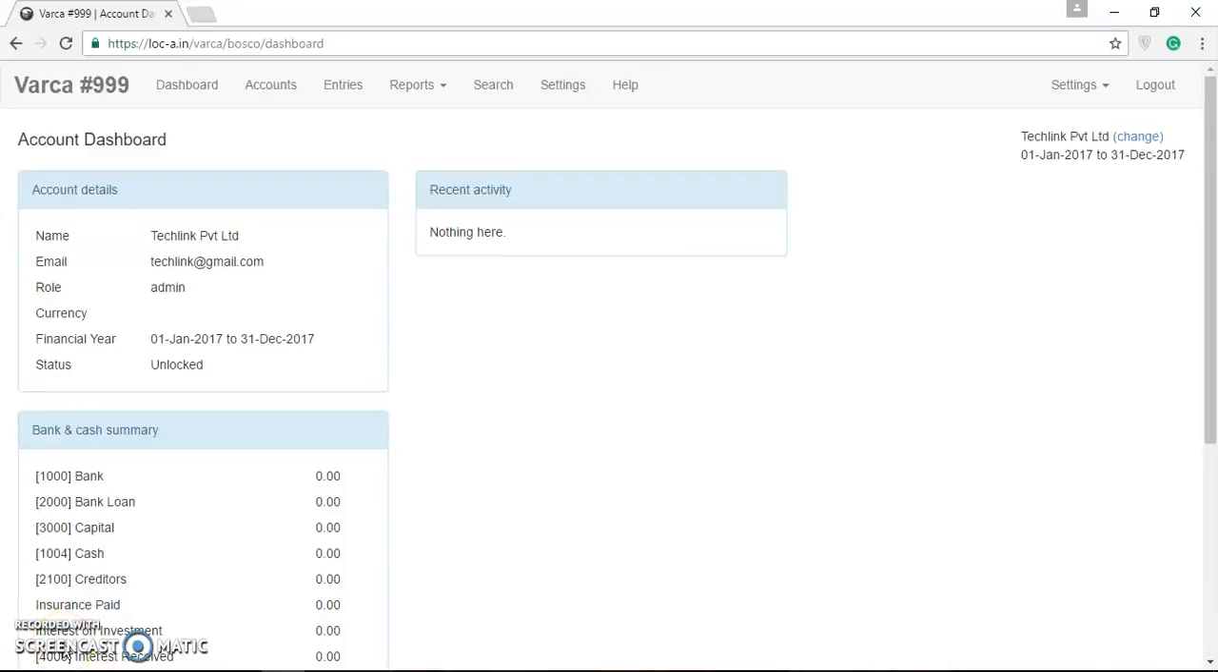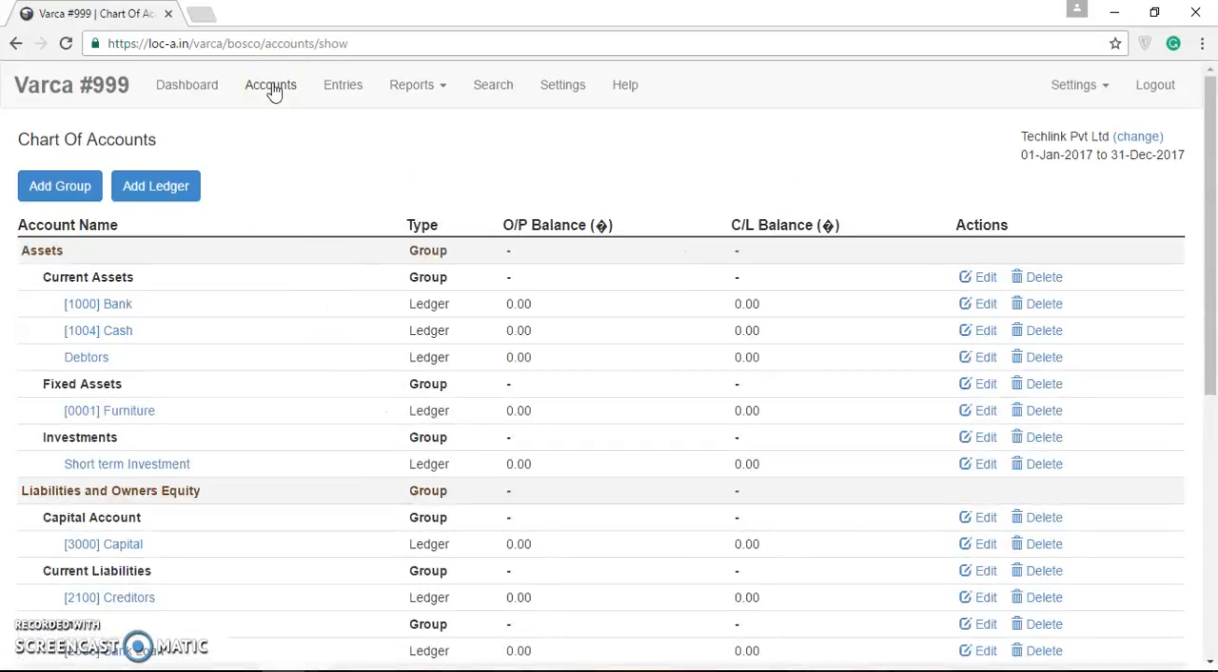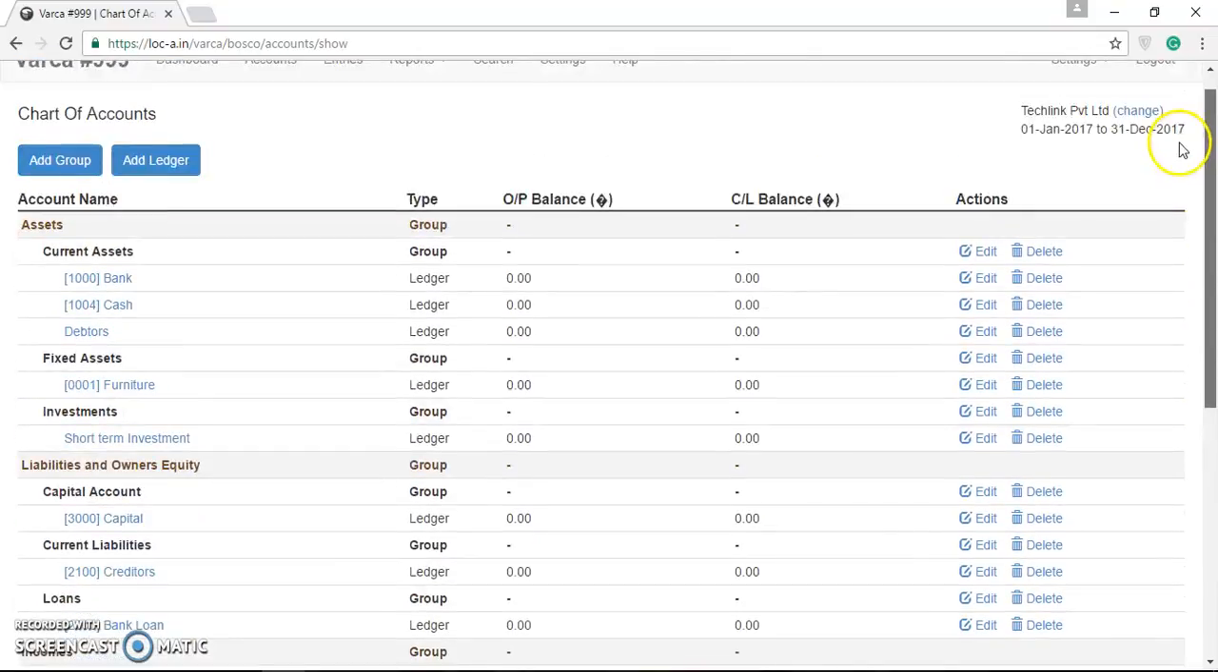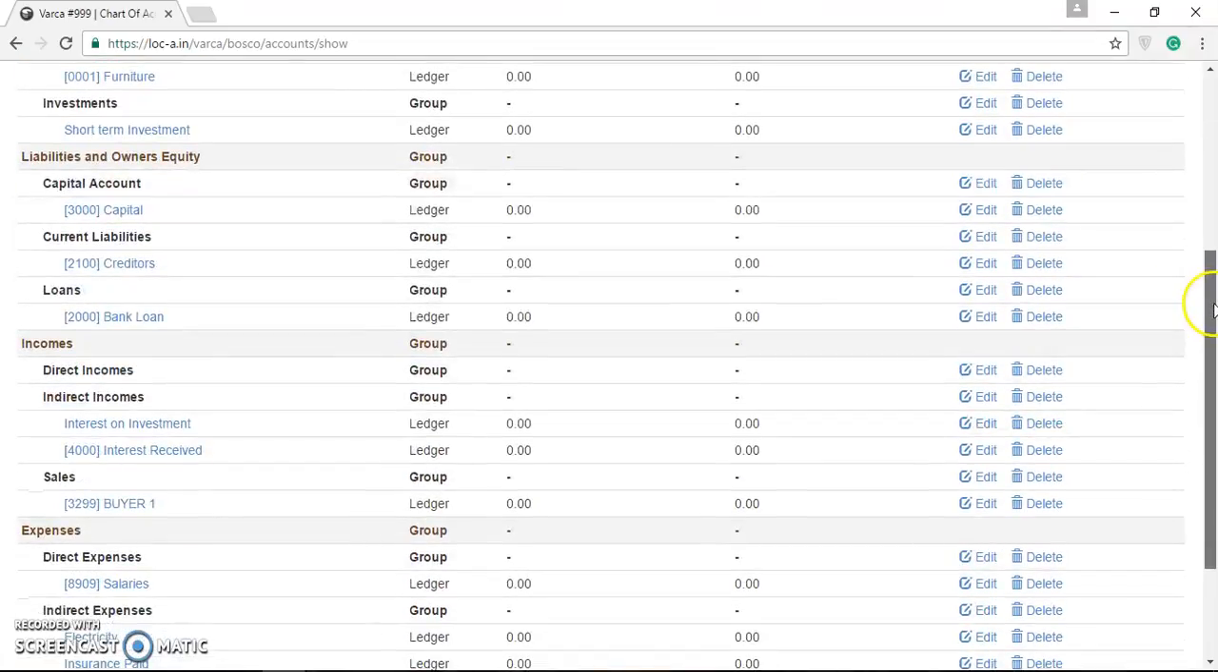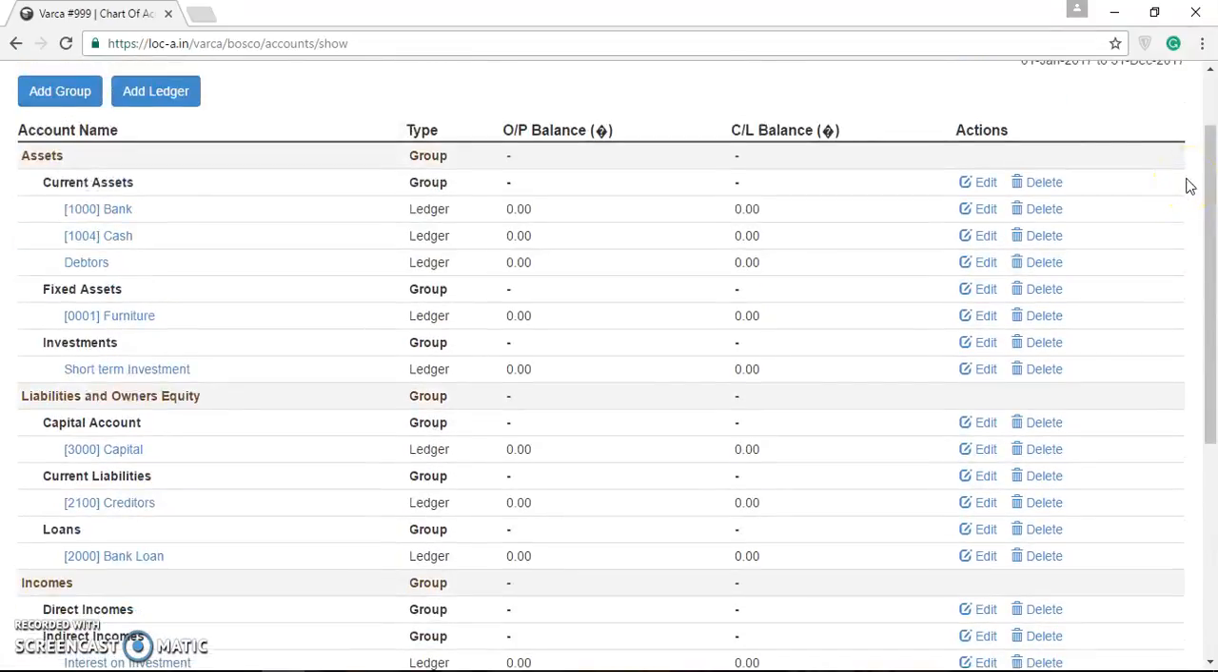Okay, so our first functional heading is accounts. Here we can find chart of accounts listed below, along with the option to add a group, add ledger. We have made 4 main groups, basically primary heads, which are assets, liabilities, incomes, and expenses, under which there are groups, general